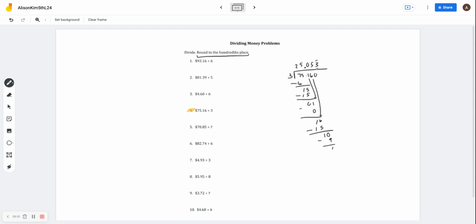So it's going to be rounding to the 5, and 3 is not greater than 5, so it's just going to round down and just stay as this 5 and not go any higher. So our final answer would be 25.05 because we rounded. And it looks like we have to put a dollar sign for this one too, so our final answer would be